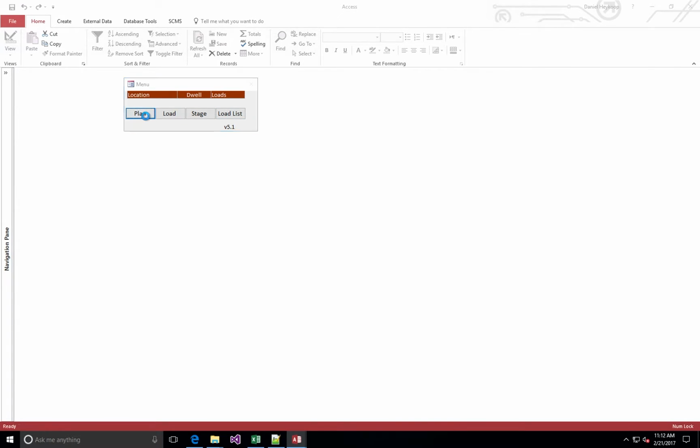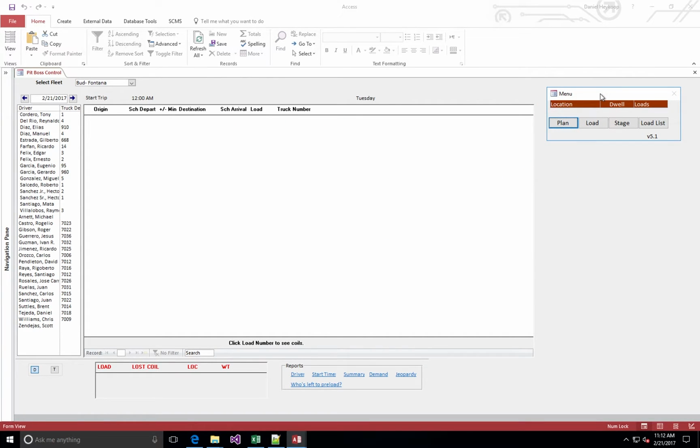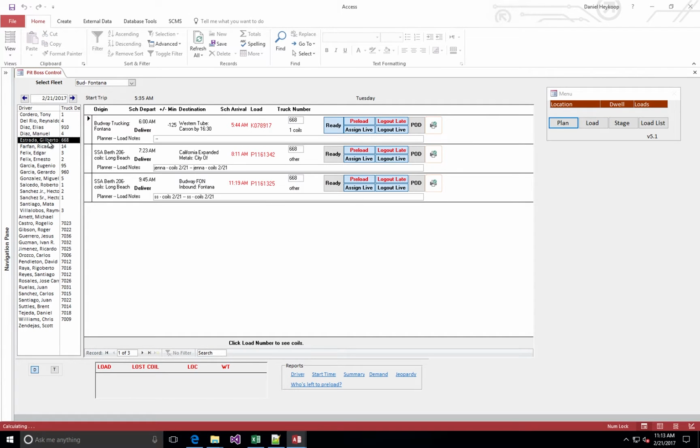Let's start on the plan. And this main menu kind of stays on top of everything so you can get at it. So you might move that off to the side. You're going to choose your fleet. Fleets are geographically located. So these are the guys that are out of Fontana. You're going to click on any one of these and you'll see these are the loads that they are assigned